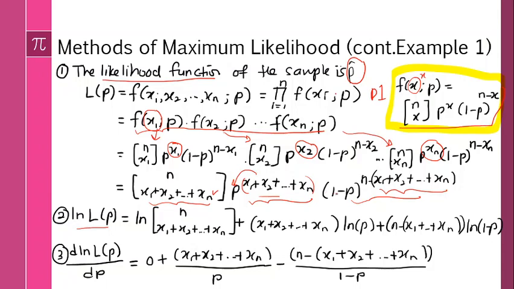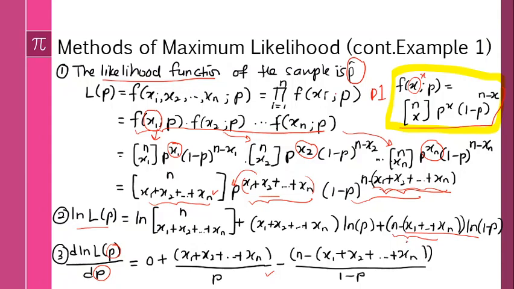Next, this is ln of (1 minus p) to the power, which is equivalent to this one. Next, differentiate the ln likelihood function of p with respect to p. Here there is no p, so this is a constant. Differentiating a constant, you will get 0. Next, you differentiate ln, you will get 1 over p. So this is the coefficient. Same goes for the last term. You differentiate ln, here you will get 1 over (1 minus p) times the